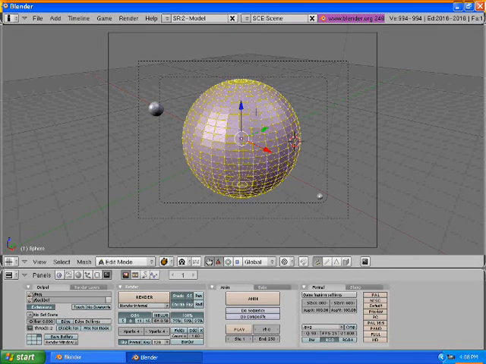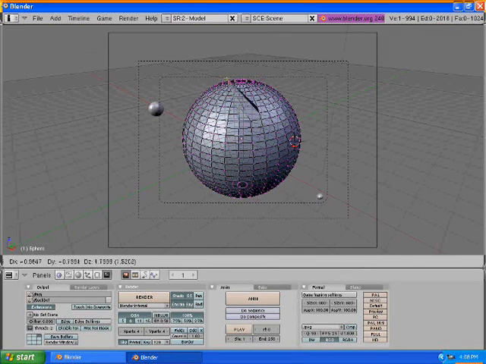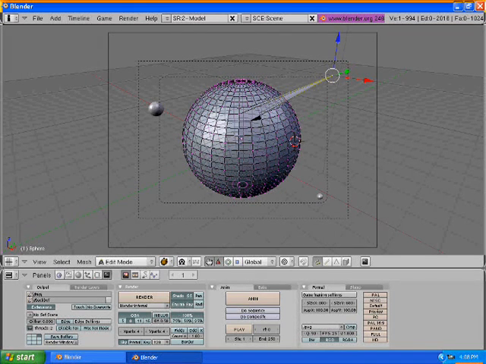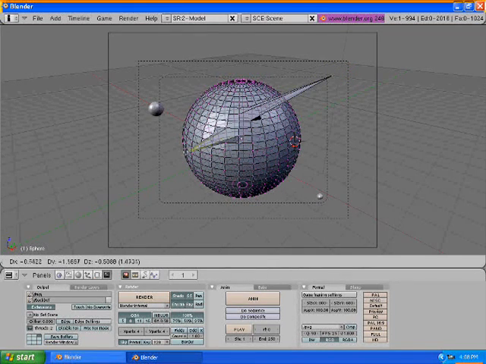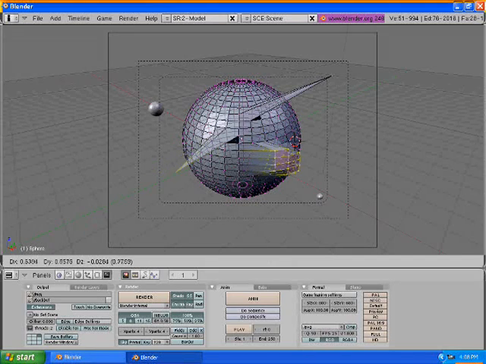In edit mode, each of the points where the rings intersect can be selected. So if I right click on this one point and then hit G, I can move that point out, moving it around just like I was moving the sphere around, and then I can click. I can take another point, G, to grab it and move it out, or with B I can drag a box around a group of points, select those, hit G to move it out,